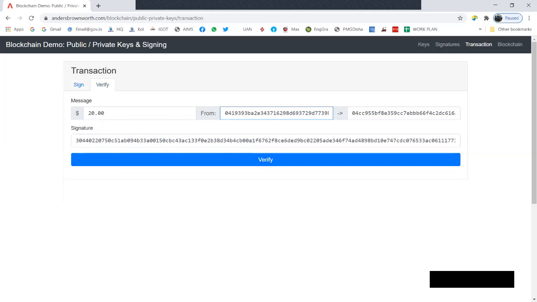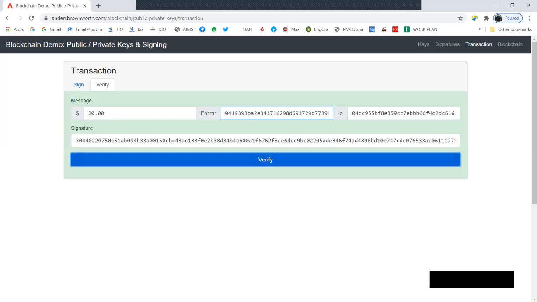The receiver will again run this through an algorithm which would generate the public key, and it would check that from this signature this public key has been generated. Then the receiver would be sure that yes, this is an authentic sender. Okay, so let's see this in terms of blockchain.